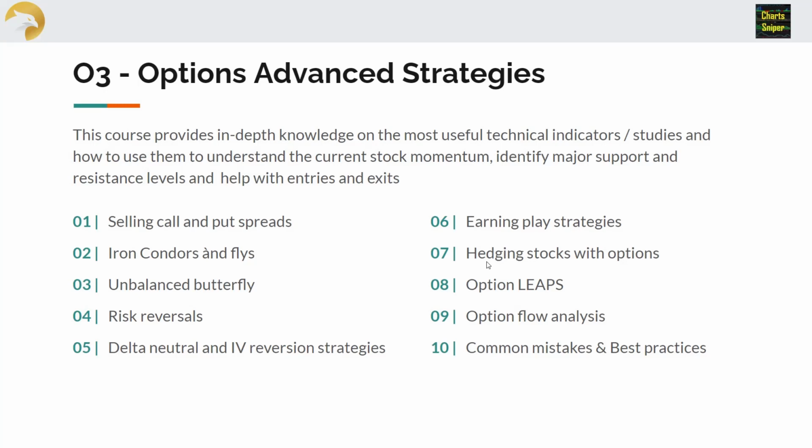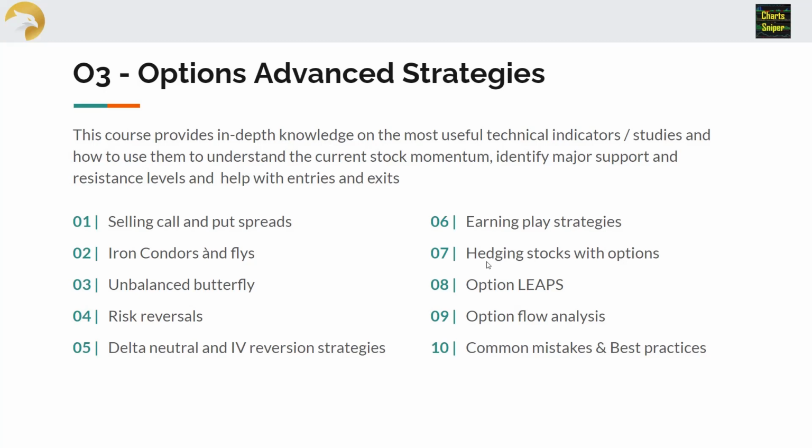So what are the different types of earnings play strategies, and how can you hedge stocks with options, and how can you leverage on top of it? Option LEAPS are an alternative to holding stocks, a cheap way of holding stocks. And we'll look into options flow, which includes the time and sales information, the volume of the options that big players are buying, how to look into it, how to understand it,